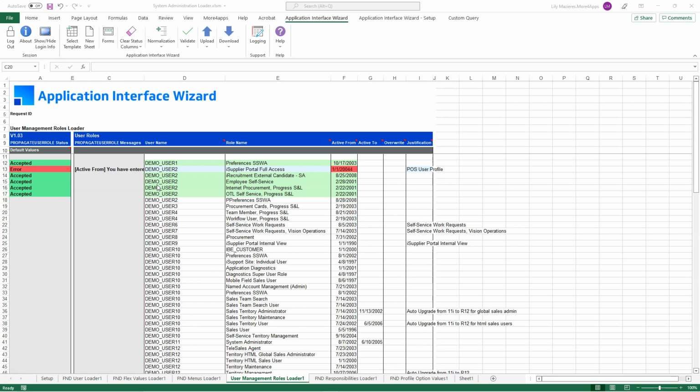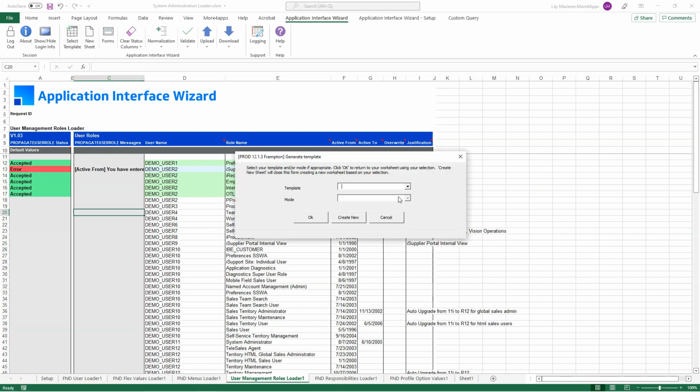To use this loader, you need to be connected to your Oracle instance using the Login button and then select the template that corresponds to the loader functionality, once the template has been installed using the Setup ribbon. You can obviously have multiple loaders installed on your instance and available to your responsibility. Click Create New to generate a new sheet with this template, or click OK if you already have a tab